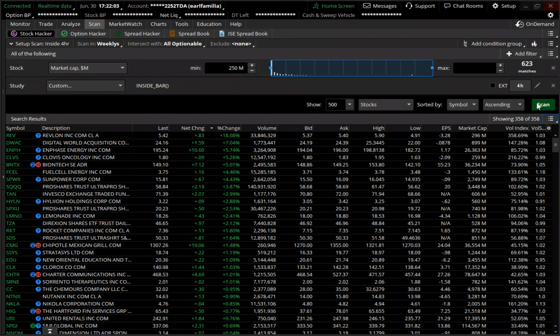So we're going to get right into it. We were taking a look at some tickers yesterday. There's a lot of tickers with inside 4 setups today, so we're not going to go through all of these. What we're going to do is try to identify: are there sectors that are showing strength or weakness? Are they showing continuity in one direction?